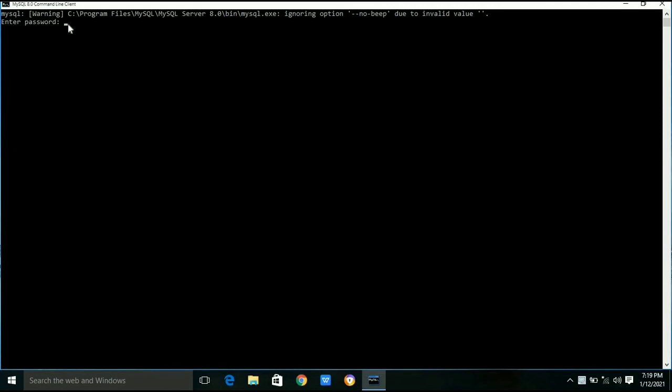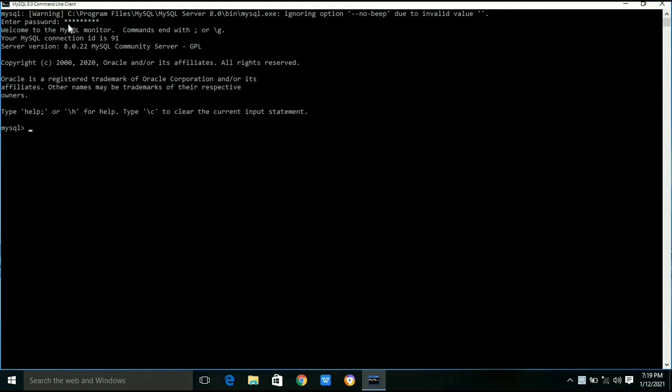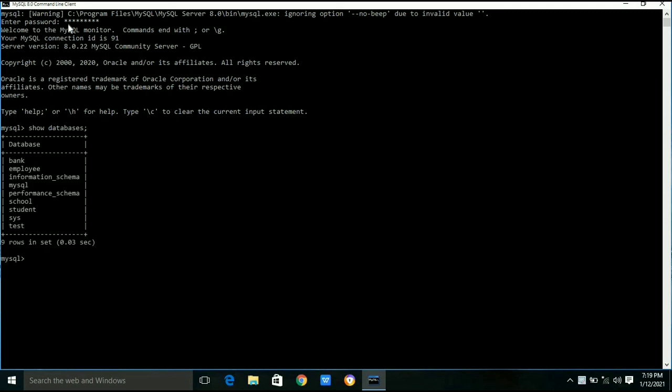To see how many databases are there in MySQL, we have to write the show databases command. Now we can see all the databases that are present in my computer. We want to use the bank database, and we can see how many tables are there in the bank database by using the command show tables.